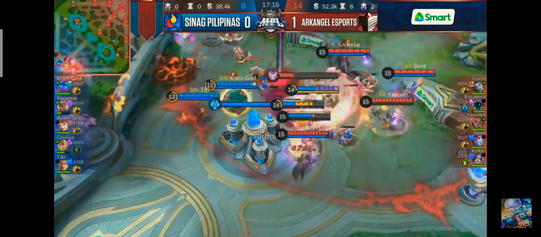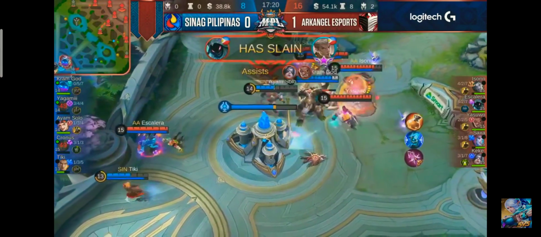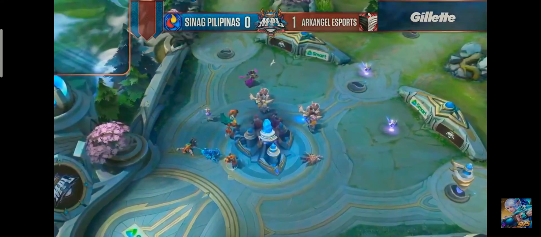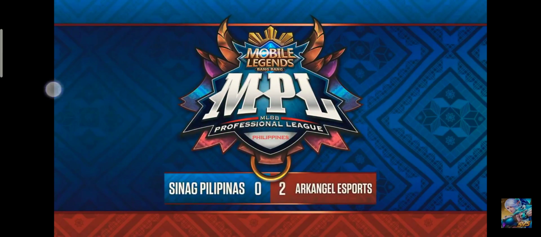Lord is taking down the base right now. Escalera getting stunned. Look at this ultimate. No, it catches nobody. Farsa will take down Freya, and this might be the nail in the coffin. Escalera is still alive onto the side lane, and they will take down the